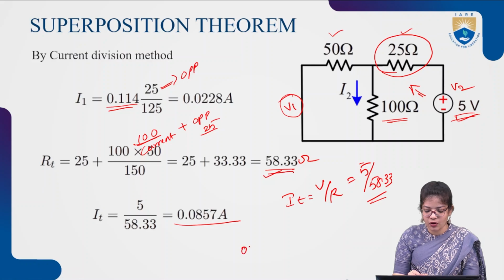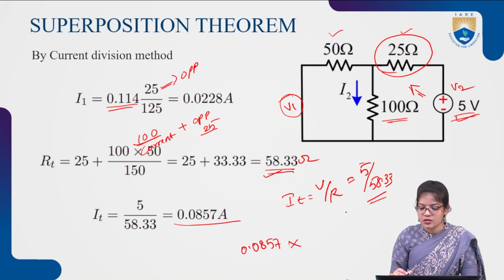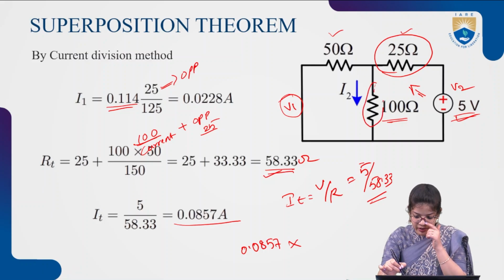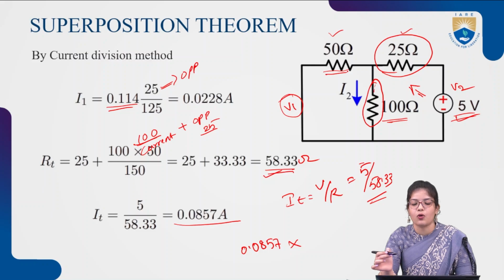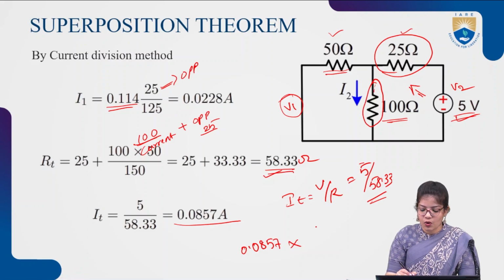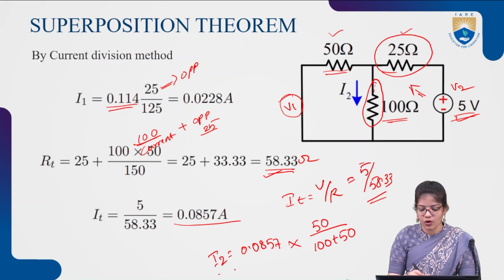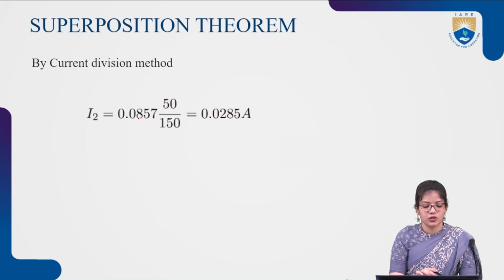So after applying current division rule, it will be 0.0857 into, so here this is the main resistance and this will be the opposite resistance. So opposite resistance will be 50 by 100 plus 50. By solving this, we'll get the value of I2. So I2 is equal to 0.0857 into 50 by 150. So the value of I2 will be